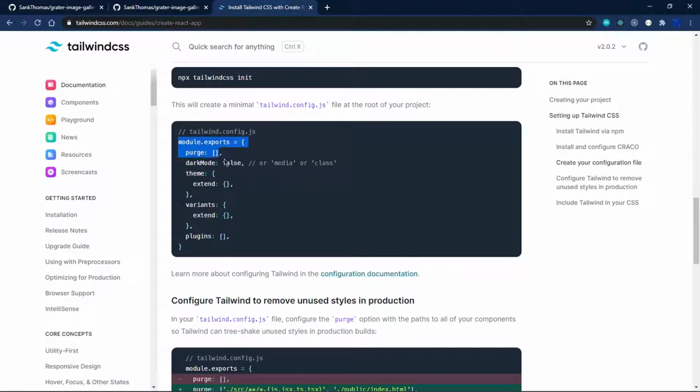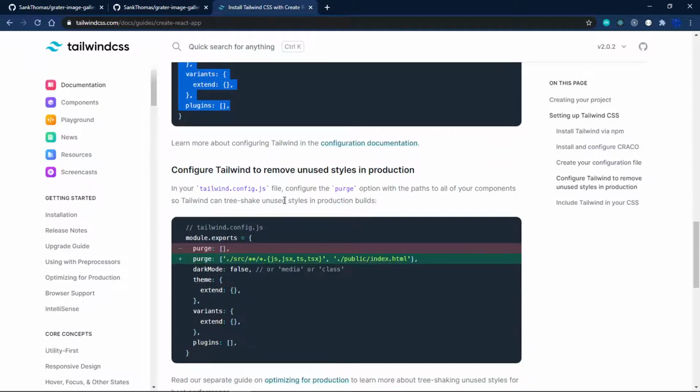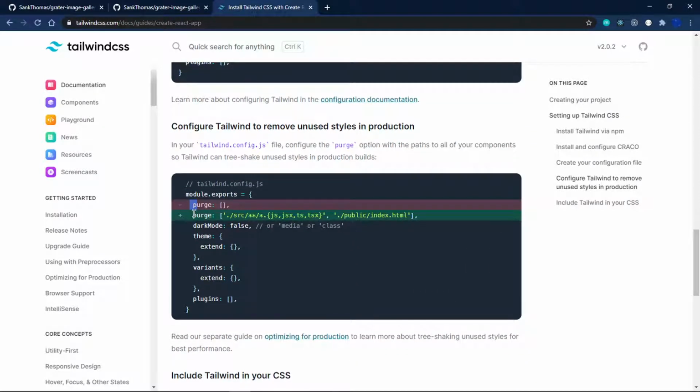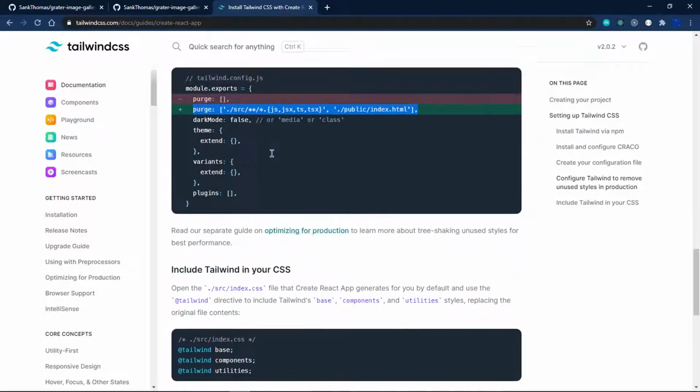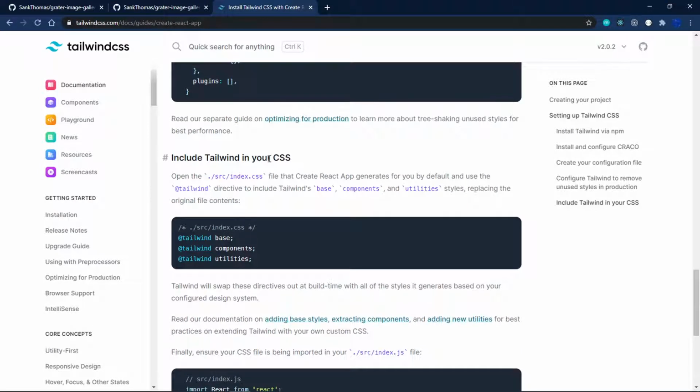As you can see, this is the file that is generated, but we need to replace this purge with this. So I'm just going to grab this, copy this, and then just paste it there. What this does is that it will look for any unused styles in our workspace, and then it will remove them so that our page loads faster. So I'm going to save that,